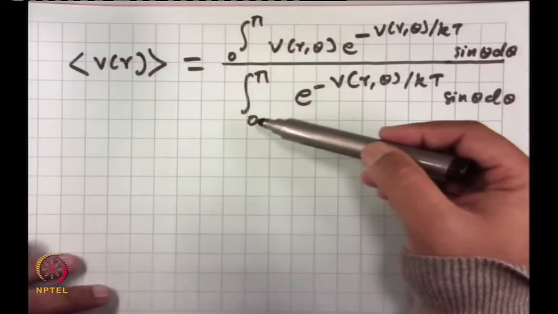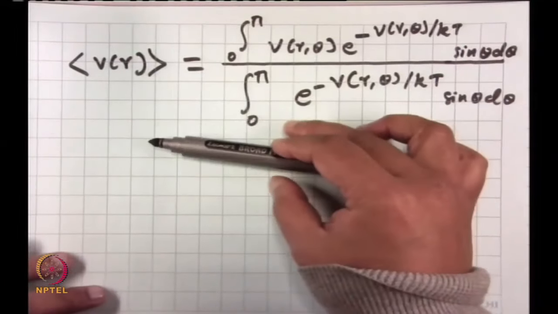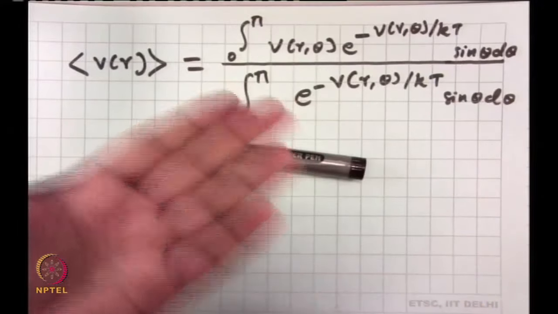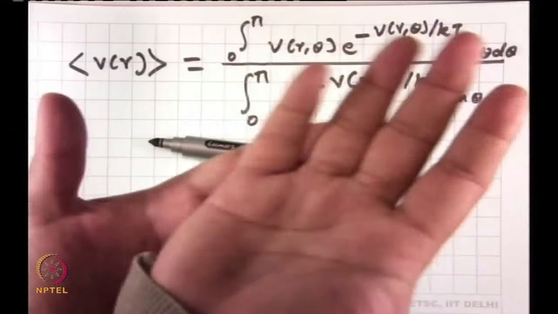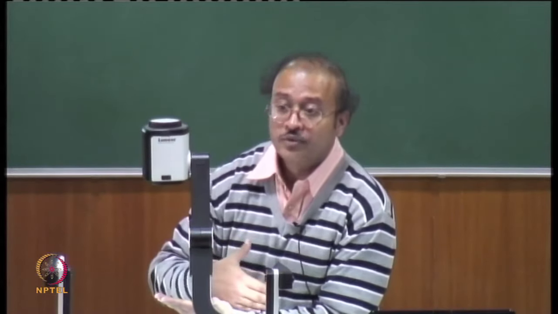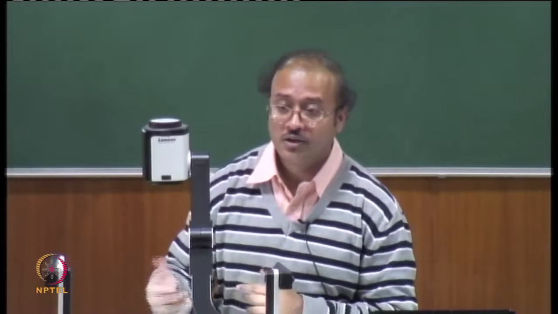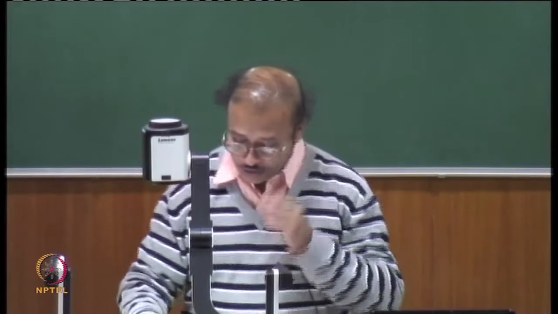Now look at what theta varies. Theta varies from 0 to pi. So you can think about a dipole and an ion. The dipole can have this angle theta, then the charge can go from here to here. And if you go the other way, you are just essentially repeating. The charge can go from here, any theta, and then it can go to the other side, covering an angle of pi, which is 180 degrees. So this is what we will have to solve, guys, and we are going to do that. So how?